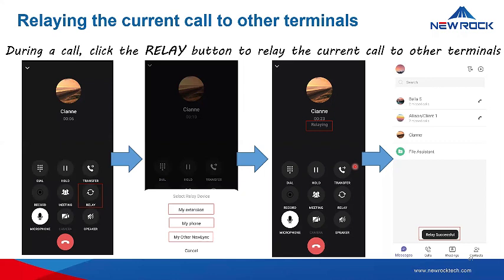So we do support multi-platform, video calls, and multimedia video calls for different devices. So yeah, I think this is just to show you how to combine and bundle our OM IPPBX with the Newlink APP